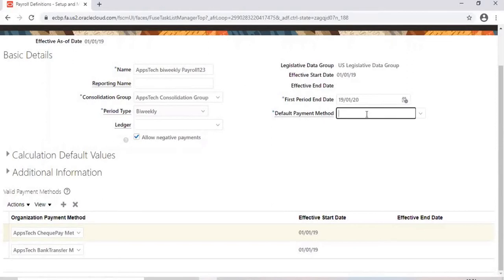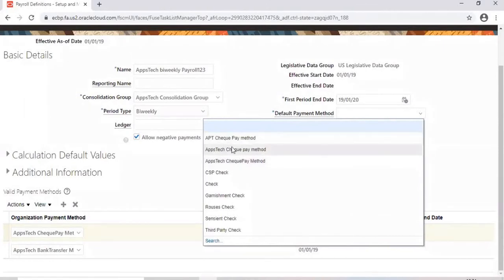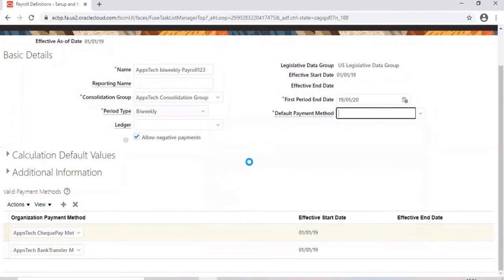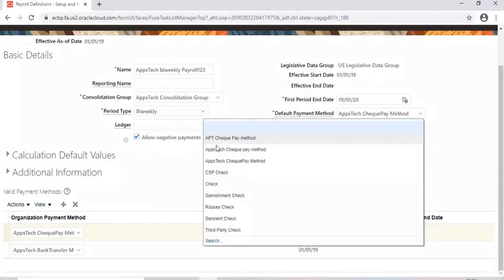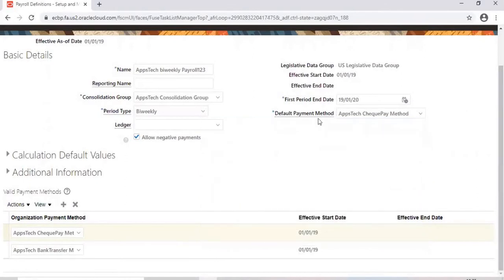Now coming to the default payment method. In this default payment method, you will not be able to see bank transfer methods. You will see only check payment methods or cash payment methods. Why? You see here I have defined bank transfer, but when you see the drop down, there are no bank transfers, only whatever is defined, check or cash. Maybe no one has defined cash because US legislation doesn't have any cash payment methods. So all check payment methods are available, no bank transfer methods. Why? What is the reason? Okay, because of this functionality.